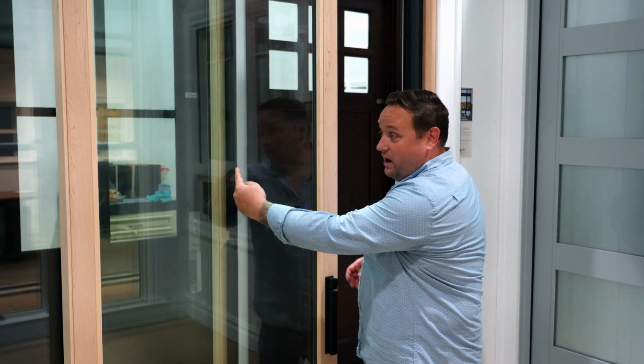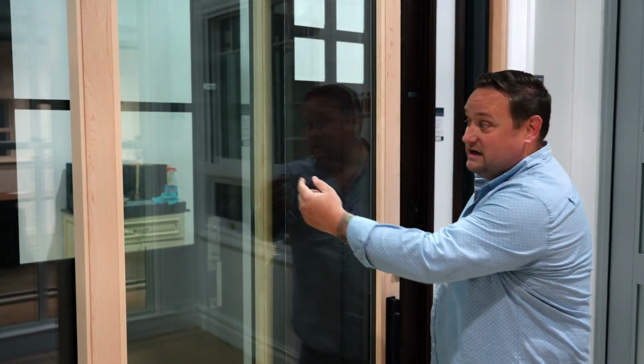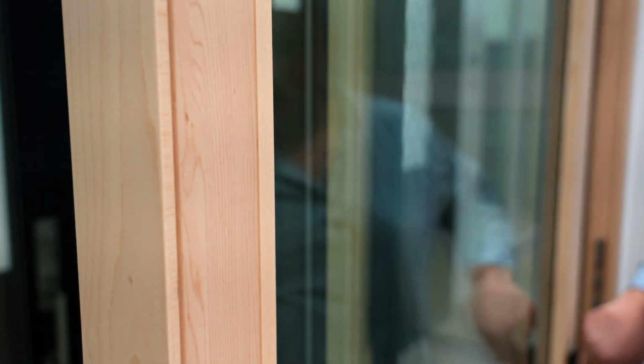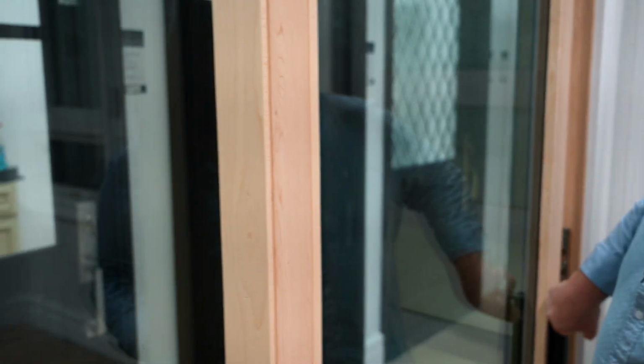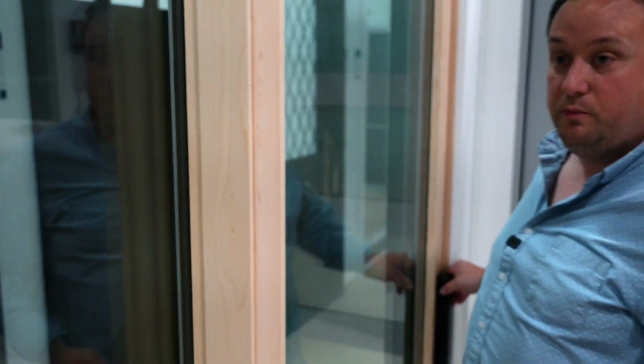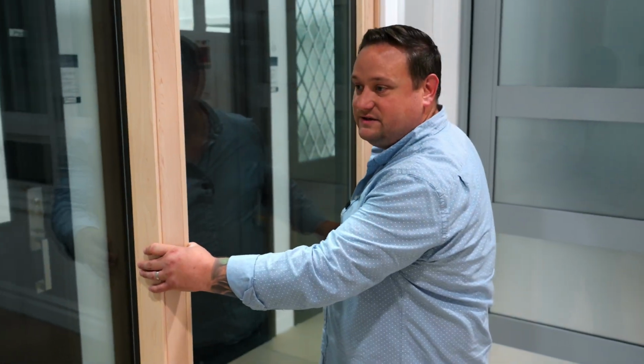You can see here performance-wise, there's an interlock weather strip that goes in place, and that interlock basically just hooks together. You have one going this way and another piece going this way, and that interlock just engages those panels together. And that, combined with the dual point locking system, really makes this a rigid, structurally sound